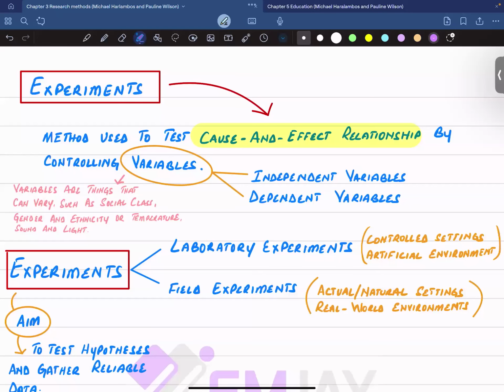Hello, everyone. In this lesson, let's discuss experiments. Now, experiments are usually used in psychology. However, it would be unfair to say that experiments are not used in sociology. Before we get started with this topic, experiments, I'd like you all to have a look at the